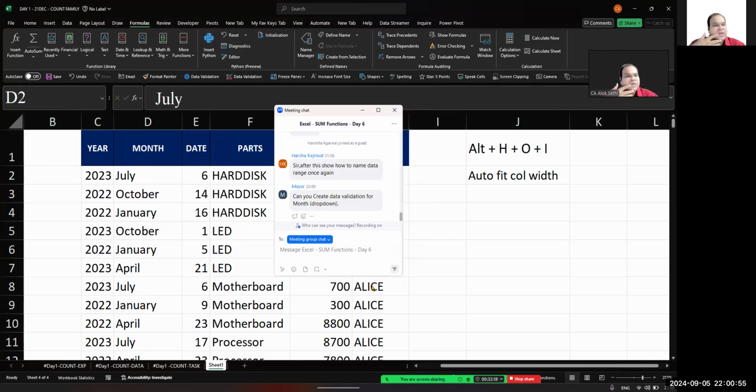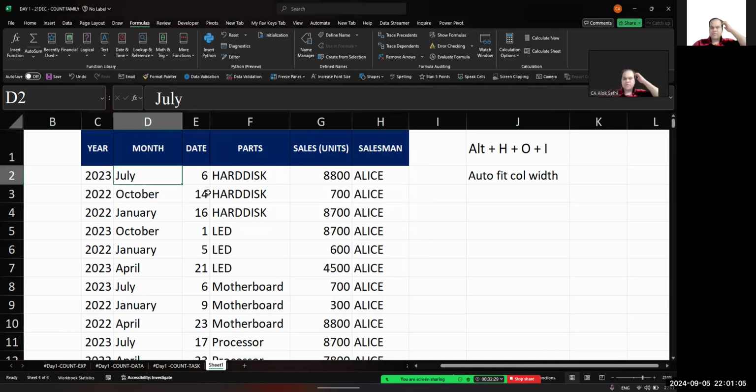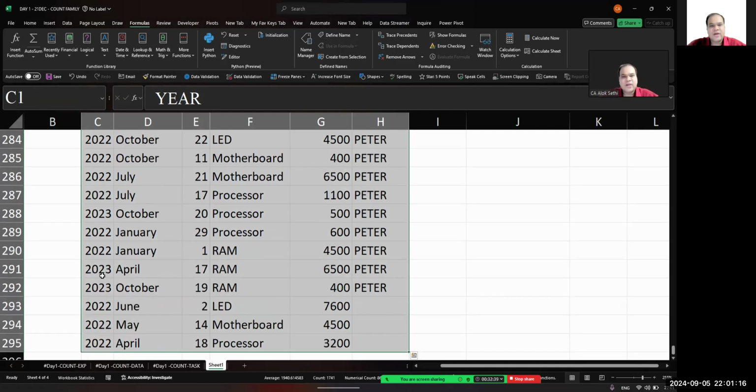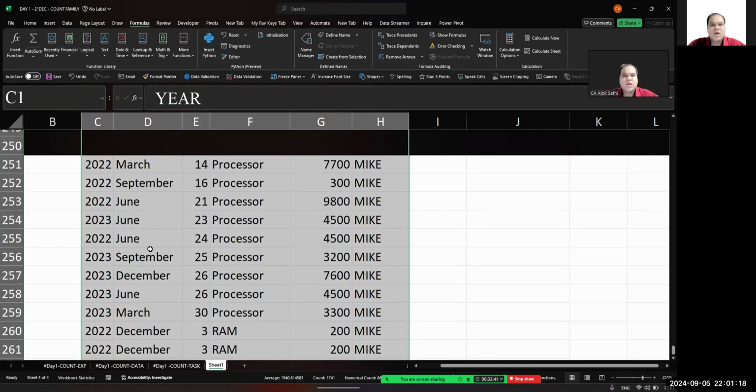Yeah, I will create a data validation for month. Yes, yes, we'll do that. मैं वो भी बता देता हूँ. How to name data range once again? Yeah, I'm doing that, हर्षा। ठीक है, now look everyone, वापस से हो रहा है ये recap। ठीक है, फिर से पुनः दोबारा एक बार once again हो रहा है। ठीक है, देख लीजिए सब लोग. Now what I'm going to do is I select this entire data, Control A से सारा डेटा सेलेक्ट हो गया।